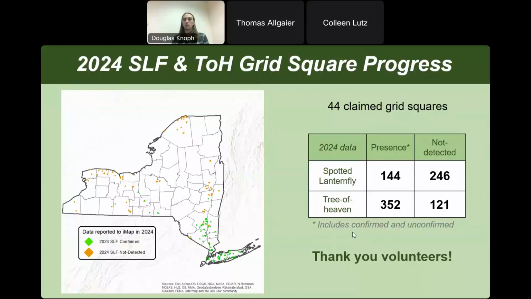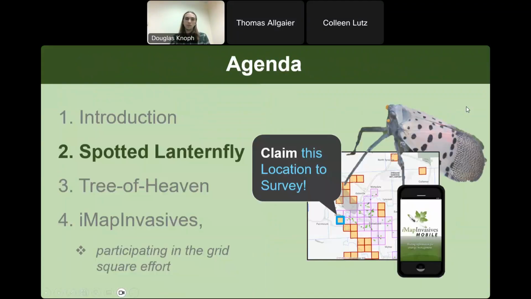And a special thanks to anybody who has been contributing data for these species throughout the season so far. And with that, I will go ahead and turn it over to Tom Allgaier to talk about spotted lanternfly and tree of heaven.